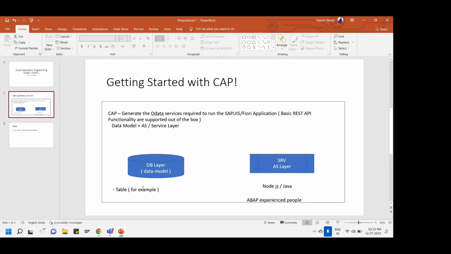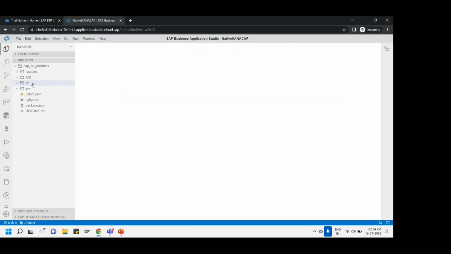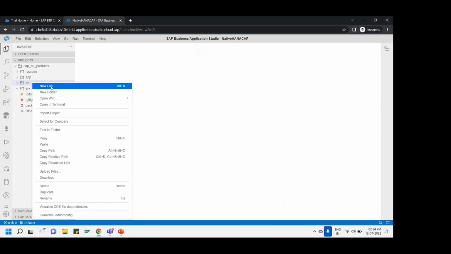Now, as I mentioned, what I am willing to create over here is a table. For example, a products table, which contains the data of products. I want to expose that information, the products information which is available in my table layer, to the world outside, so that I can build a UI application on top of that, and the UI application can consume that OData service. So I'll right click on your DB folder and create